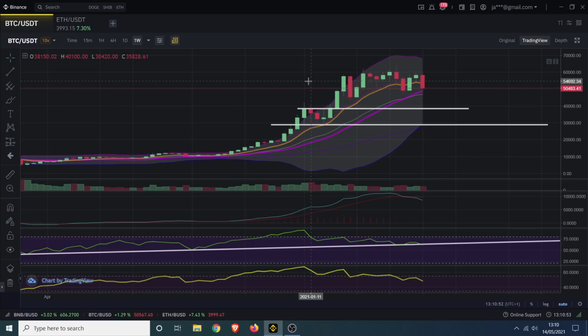Can't say we've ever had an alt season quite so significant, and we should count ourselves lucky, especially the ones who watch this channel or in my Telegram, because we more or less predicted it back in November that it would take place in mid to late January, and we nailed it, and we scaled in appropriately, and that's how people make the 10, 20, 30 X's.